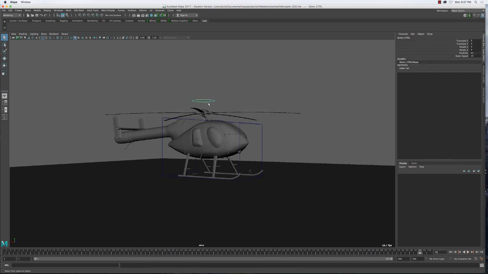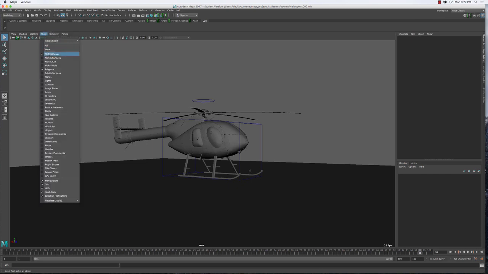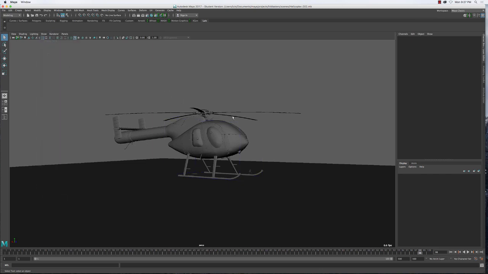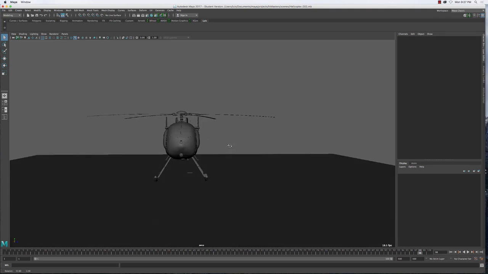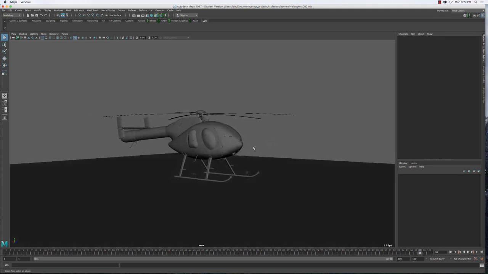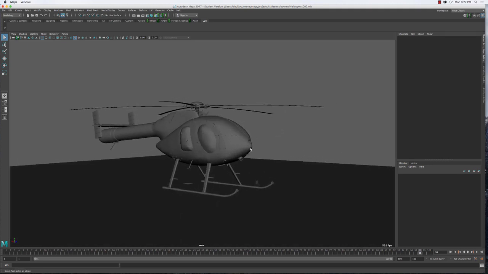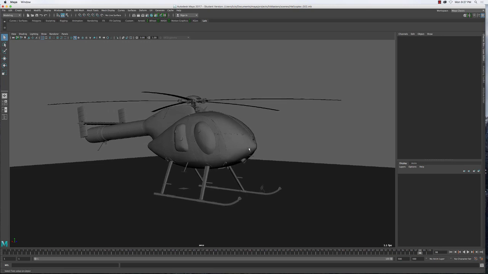If you grab the little curve right here, then you have the speed of the rotor and the translation and all that. Like I said, I don't care about the animation, what you do with the animation of the helicopter. I do have some textures for it. I'm not going to upload it on the server unless you ask me to, because the thing is that